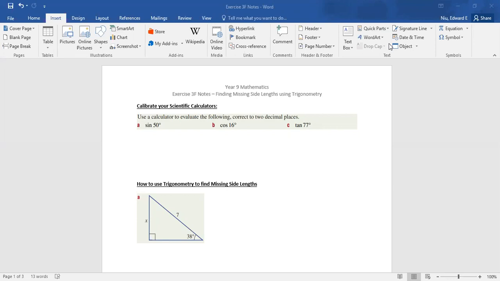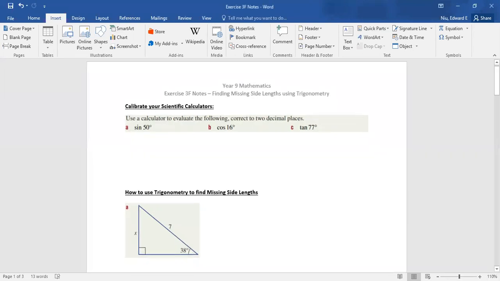Today we're going to continue on with where we left off last term with trigonometry. If you didn't see the post below, that was the intro lesson on what trigonometry is. Today we're going to use trigonometry and the concepts we learned in the previous lesson to actually find the missing side lengths of right angle triangles using the trigonometric process. Right, without further ado, let's